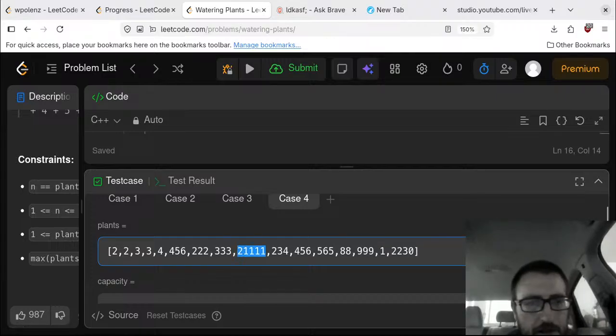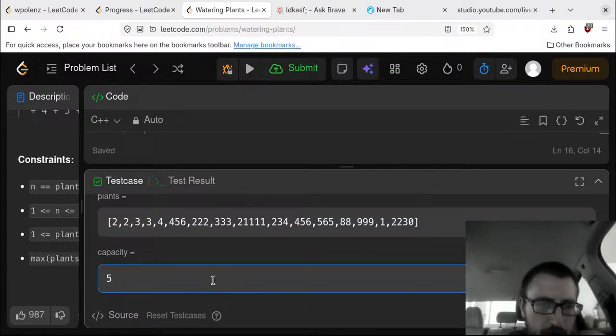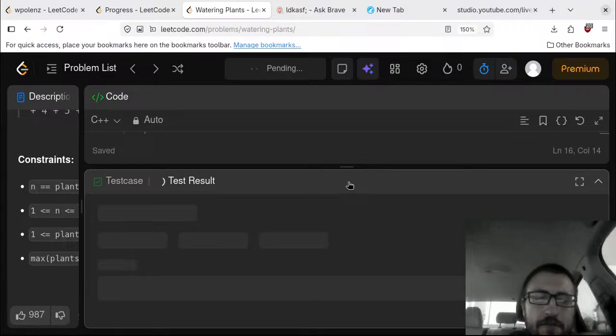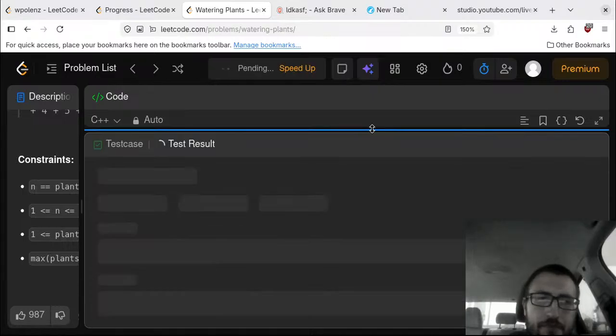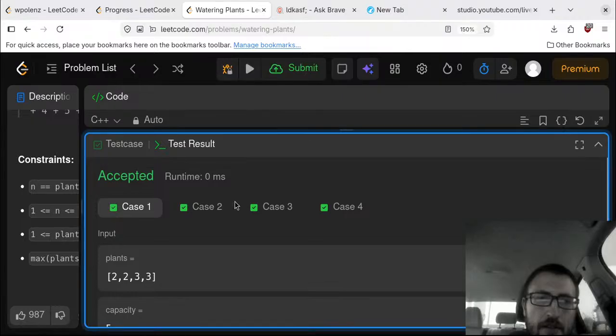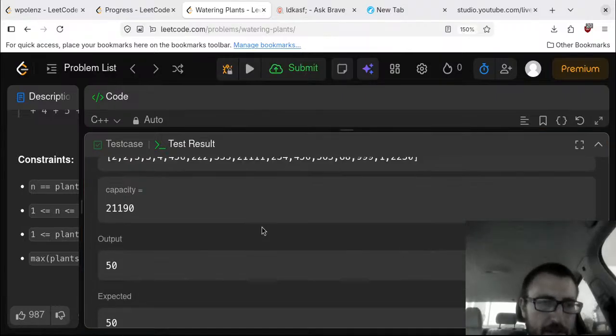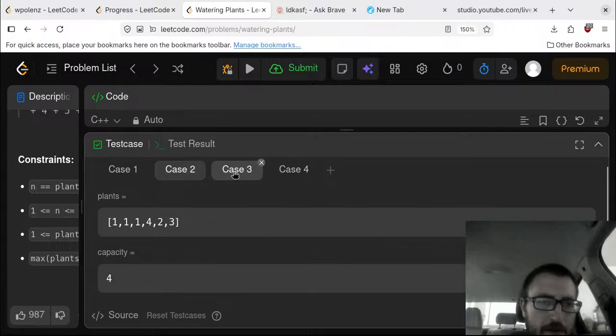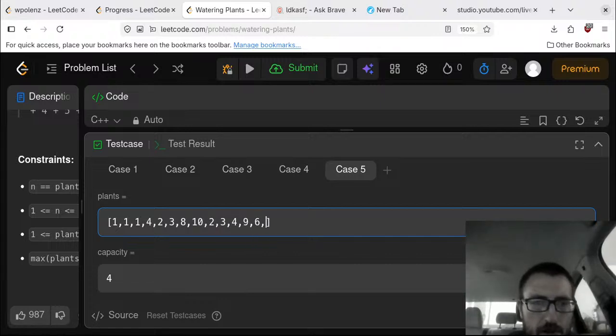I have to increase the capacity, though, for this. All right, let's try this. These maybe aren't the best test cases. Maybe I could do better. Let me do like only digits or something. Or something more like,